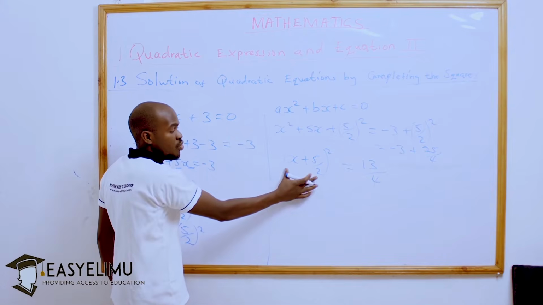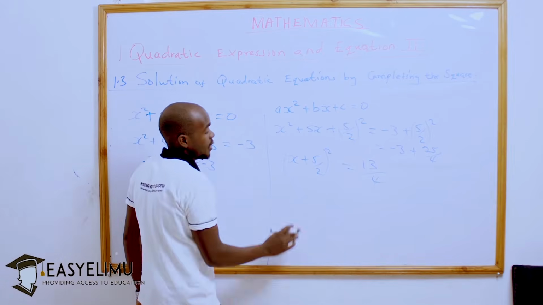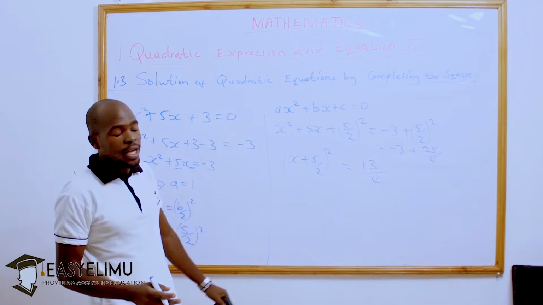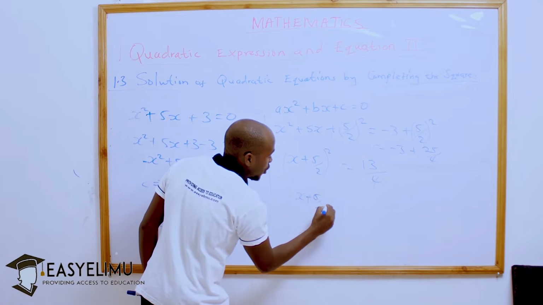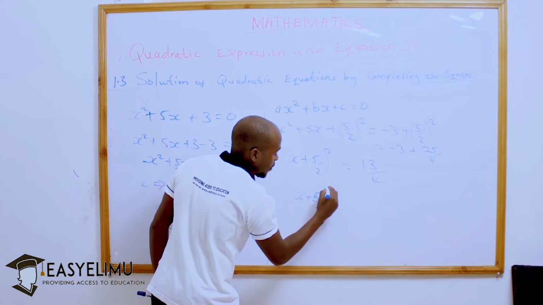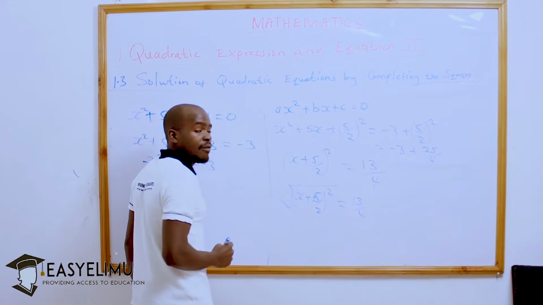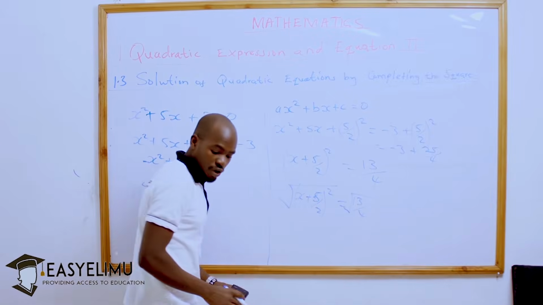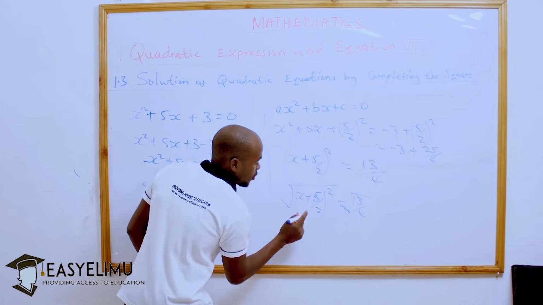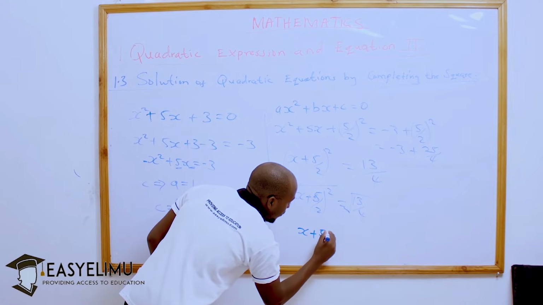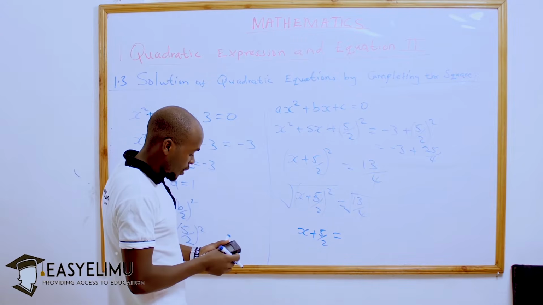And if you do that, you equate it to the left hand side, which is x plus 5 over 2 squared. Now, we can find the value of x. And here to find the value of x, we need to find a square root on both sides. You find the square root on the left hand side and also the square root on the right hand side. Such that if we find the square root here, we are going to remain with x plus 5 over 2 is equal to, now that one will remain square root of 13 over 4,